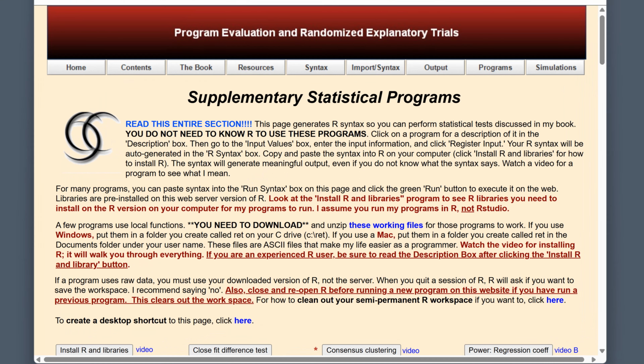In this video, I'm going to show you how to use the programs for Bayesian additive regression trees, or for short, BART. I assume you've read the material for it in Chapter 15 and the material on Bayesian modeling in Chapter 8. In contrast to most regression models, BART uses regression trees as the basis for predicting outcomes from a set of predictors. It does not assume linearity and can readily detect and reveal both linear and nonlinear relationships in